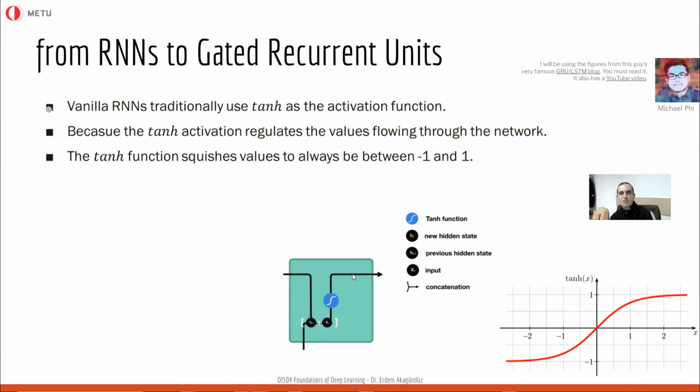Imagine this is not bounded. It can take any values. In that case, when you feed a long sequence, as a result of the incoming inputs and hidden states, the output would grow, the next hidden state will be larger, hence the next hidden state will be larger, it will explode. The first designers of these recurrent neural networks wanted it to be between -1 and +1. That's why they use this tanh function. Today, the story is a bit different, but tanh is still an important function for recurrent neural networks, especially for LSTM.